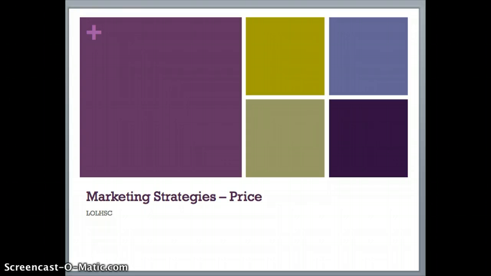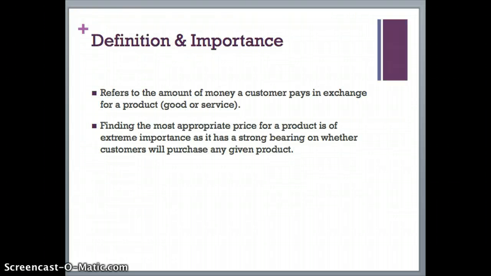Business Studies syllabus. So first off, the definition and importance. Price refers to the amount of money a customer pays in exchange for a product, either a good or service. And importance, finding the most appropriate price for a product is extremely important as it has a strong bearing on whether customers will purchase any given product. So it goes without saying that if a product is priced too highly, it won't attract the right amount of buyers, and at the same time, if a product is priced too low, then the business won't make any profit,